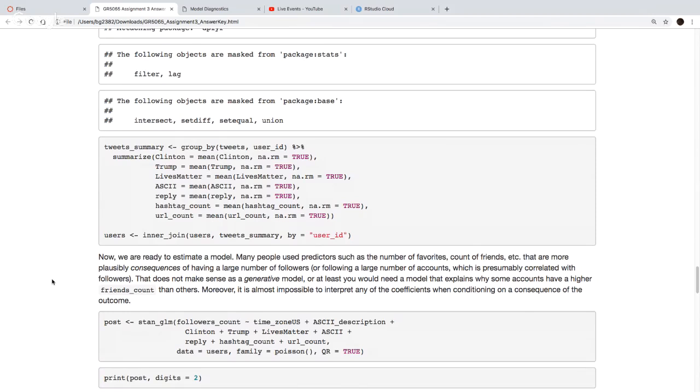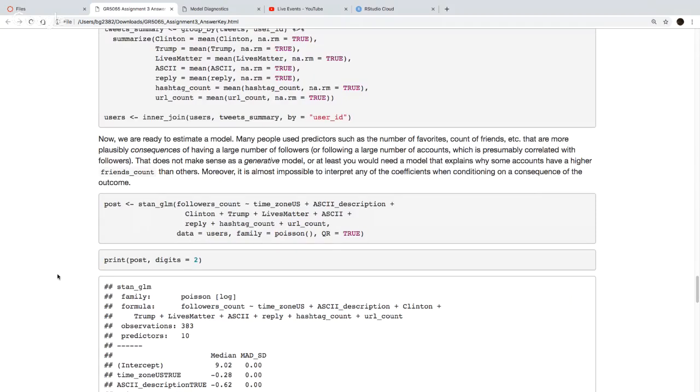But anything that's a consequence of, or correlated with a consequence of, the number of followers or the number of people you're following doesn't really make sense as part of a generative model, and it makes it impossible to interpret any of these coefficients in a directed acyclic graph if you're conditioning on something that's downstream of the outcome. Anyway, I estimated this one with family equal Poisson, QR equal true, just using the default weakly informative